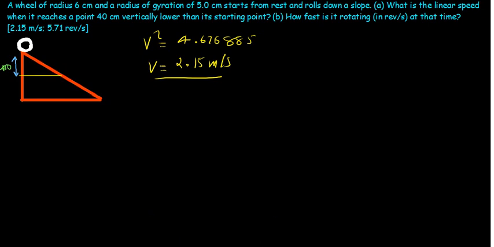Now for the second one, that is part B, how fast is it rotating in revolutions per second at that point? So we just need to convert this velocity to revolutions per second, or in other words to angular velocity, because it's linear velocity. We know that linear is simply angular multiplied by the radius. Therefore the angular is going to be the linear divided by the radius, and that is going to be equal to 2.15 divided by the radius. Now this is simply the radius of the wheel itself, not the radius of gyration. So the radius is given as 0.06, which is 6 centimeters. So that is going to give us, divided by 0.06,